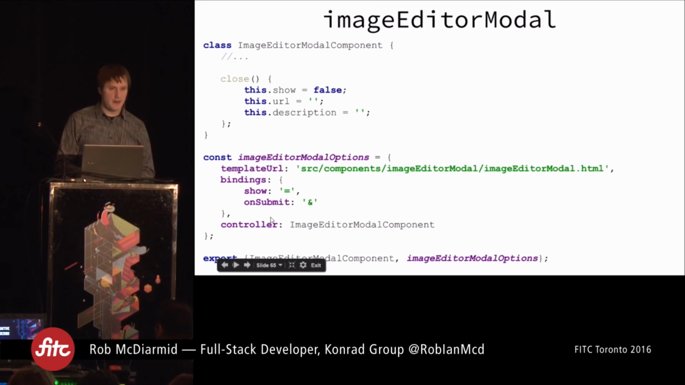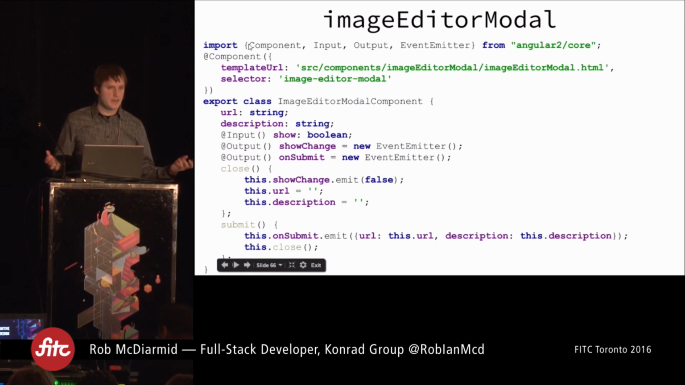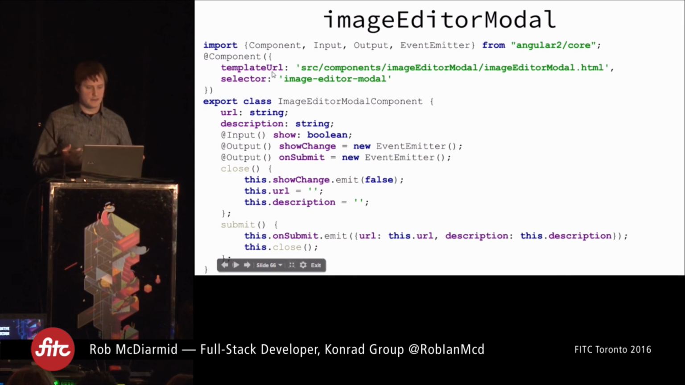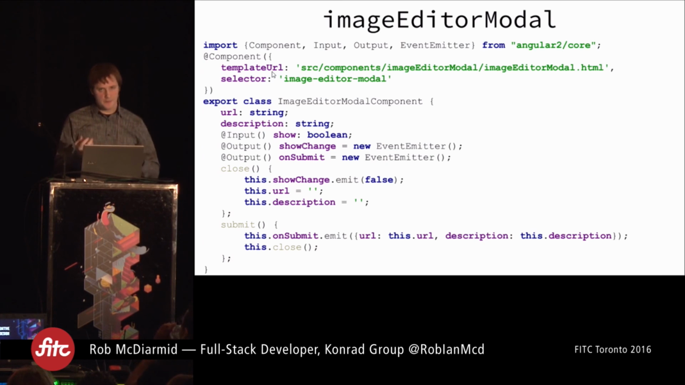Again, we've got all of our metadata in this object here, which we're going to slap on a component decorator in Angular 2. But you can see the bindings are not in that decorator. So for the bindings, the inputs and outputs, I'm going to annotate fields on my class. So I can say the show boolean is an input, onSubmit is an output. And I was saying that Angular 2 doesn't really have two-way data binding. So you can see I can't say that something is both an input and an output. I need to explicitly have an input that is this boolean, and then I have a show change, which is